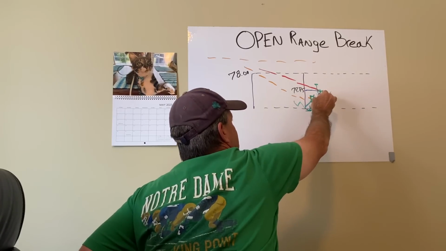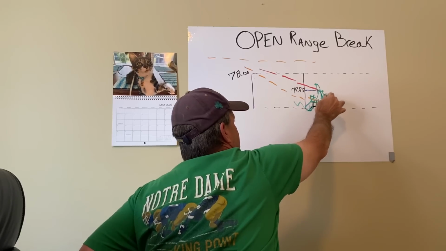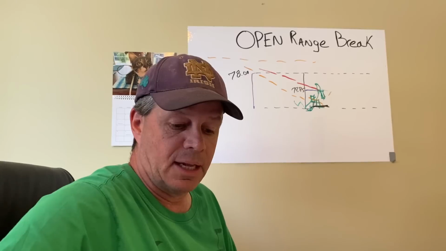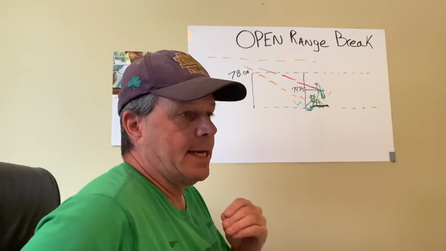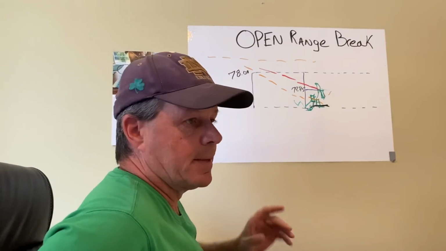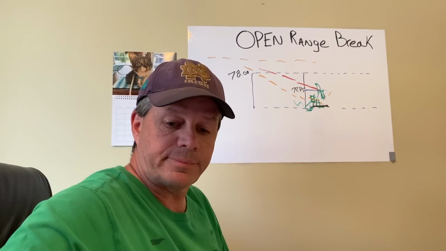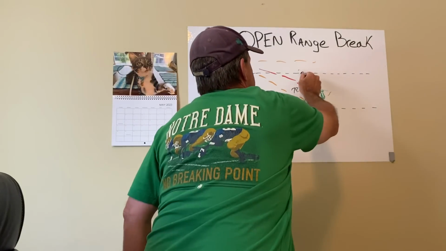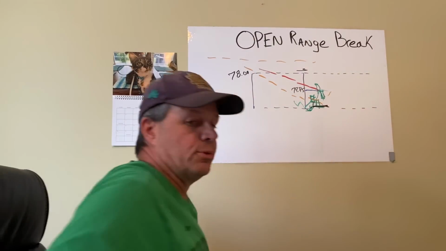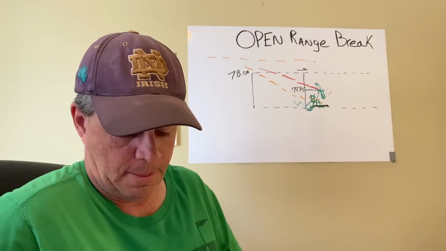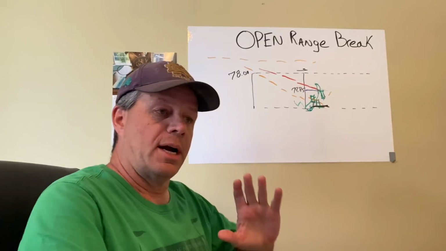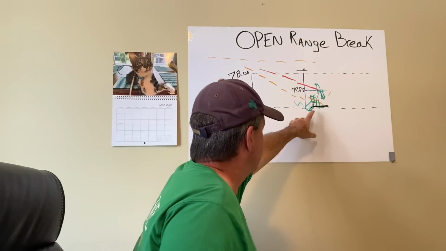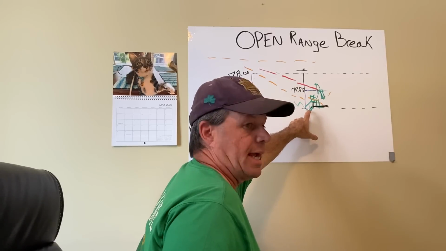There was a candle here that blew through that red line, came down, and then I went long right there on the other side of that red line. I mean, you could just see it coming. I hit it with 2 contracts there. And by the time we got to the other side of the box up here, I threw 2 more contracts on. So I had 4 contracts blowing through the top of the box,